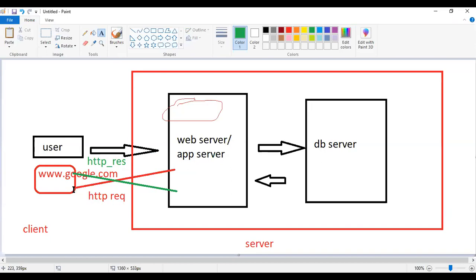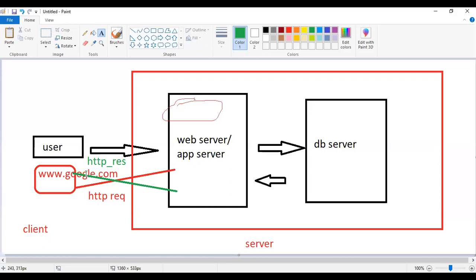So when the client wants to access some service, you will send the request. Of course, generally we won't send the request directly; we will use the browser and type it there. Why do we have to use the browser? If you open Notepad and type www.google.com, your HTTP request won't be generated, because the browser is the software that knows how to generate the request and how to send it to the server.